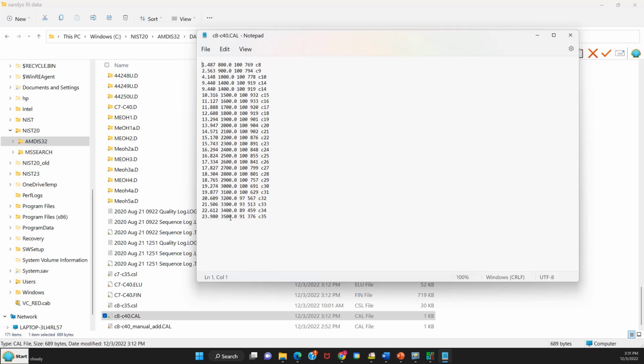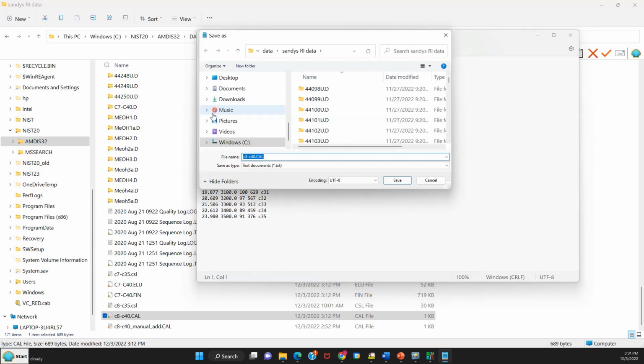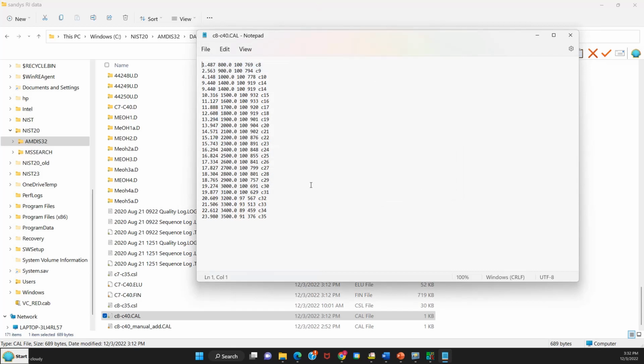So what I need to do is manually add those 36 through 40 that I've added. So I'll just say File, Save As, and I'll save it as the manual add file. I'll go and say All Files. I've already created this file in the past, so I didn't want to take the time to manually type everything in for you. So I already had one called C8 through C40 manual add. So I would have just saved as that to get that